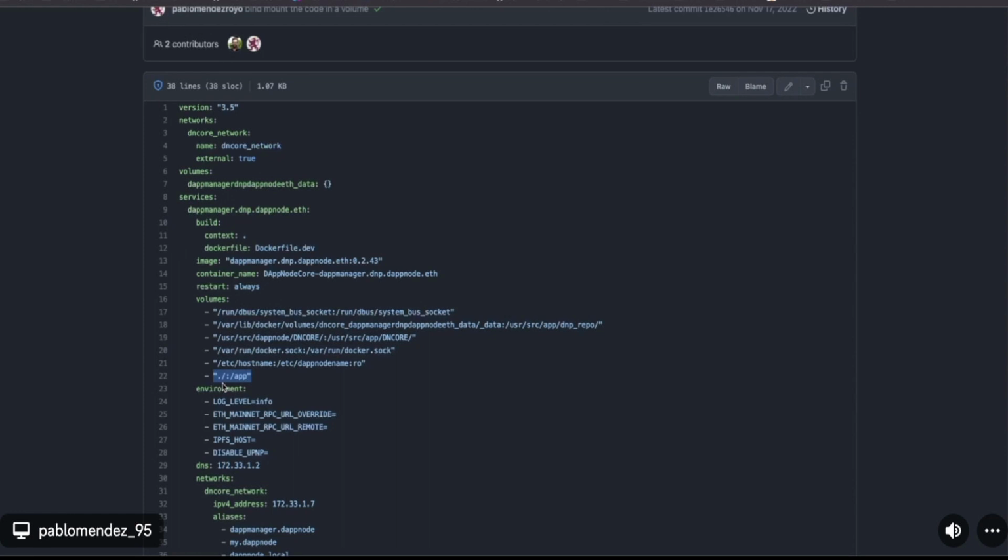Yeah, but I'm just curious if you're running DAppNode and your development environment in the same machine or not, because otherwise you will not be able to map these volumes. Yeah, it has to be on the same machine, because otherwise it will be tricky to map the volumes. Okay. But is it possible to install DAppNode and enable the operating system UI, so we can develop in the same machine? Because I never do that.